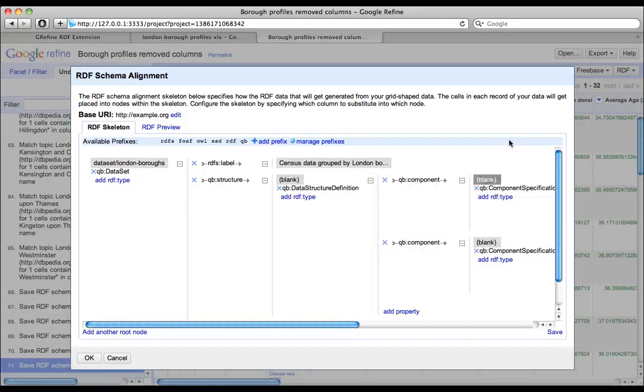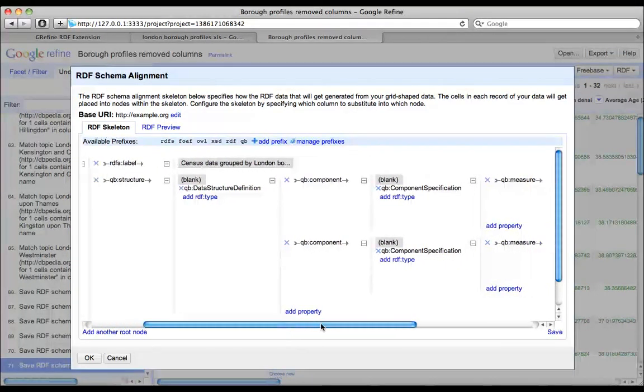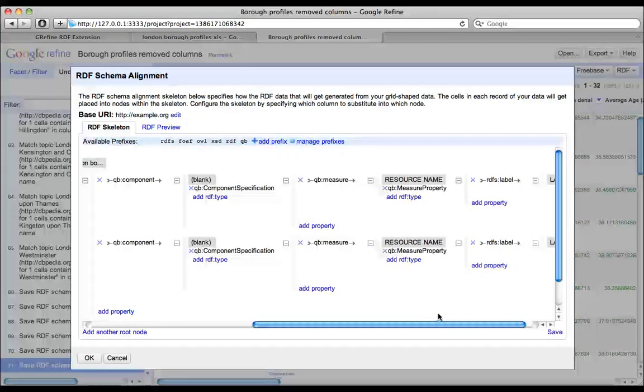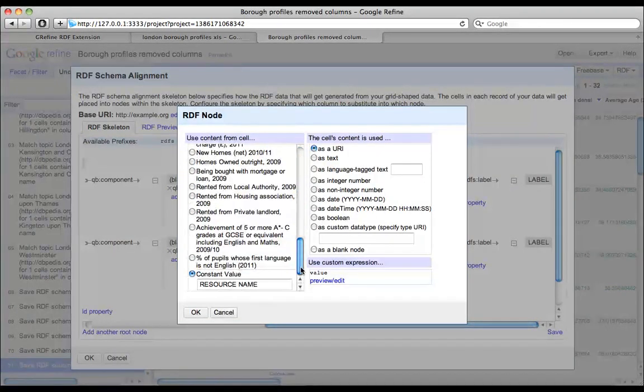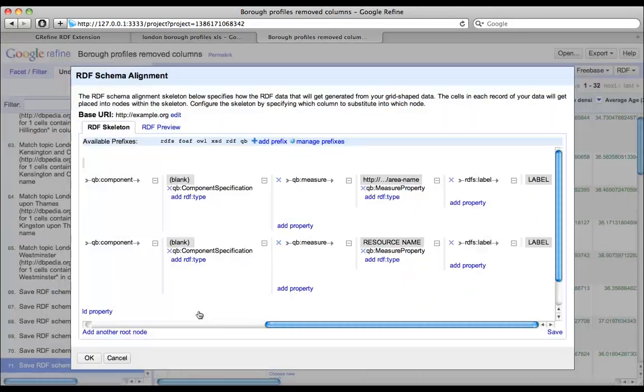Please note that we added only the general structure. Now we have to change labels and column definitions to the ones that we see in our data. For example, this is how we add the area name column to the skeleton. We just have to define a resource name. In our case, it will be the following URI: